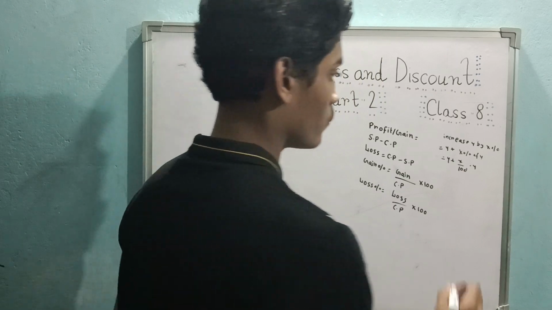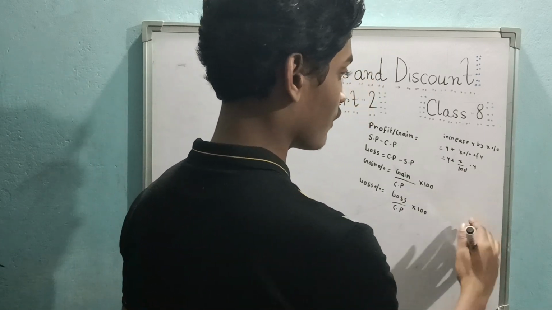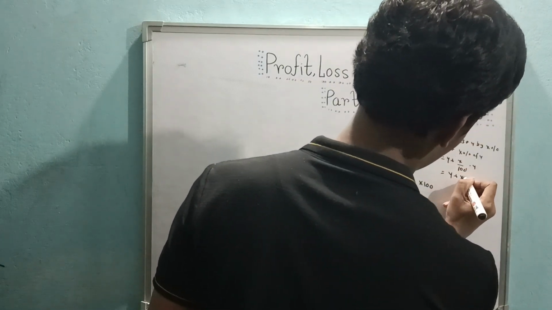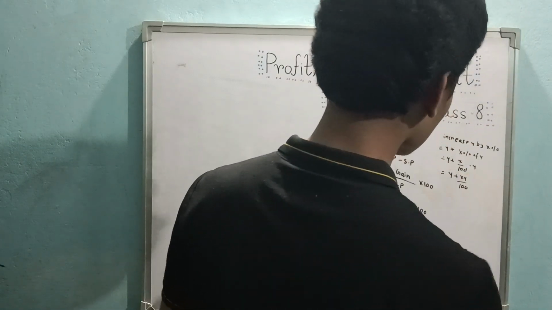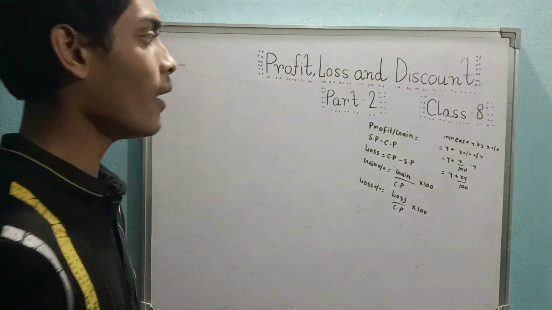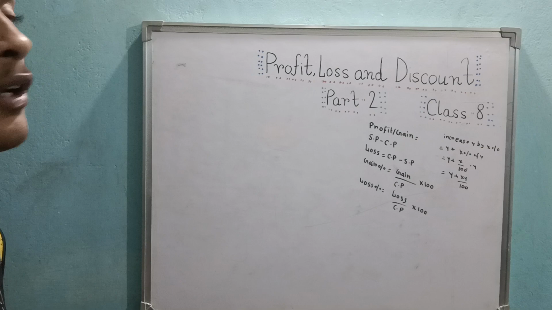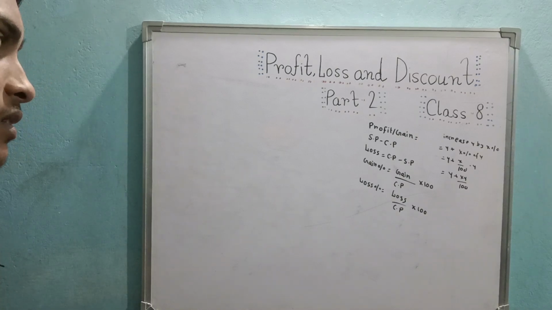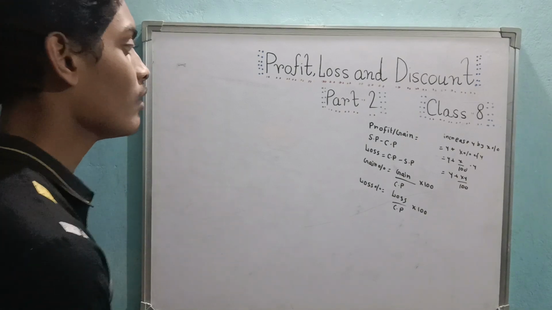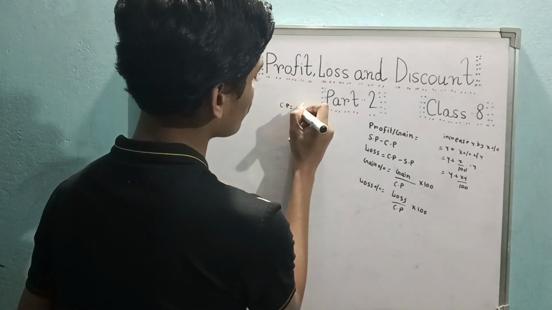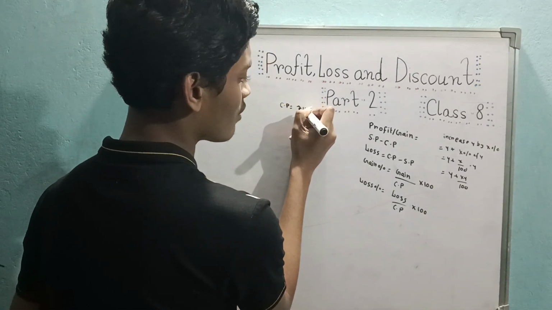This is the actual concept, equal to y plus xy by 100. So this was one thing we learned, but this is also applicable for profit, loss, selling price and cost price. How I am going to tell you. Suppose you are given like this, cost price equal to rupees 100,